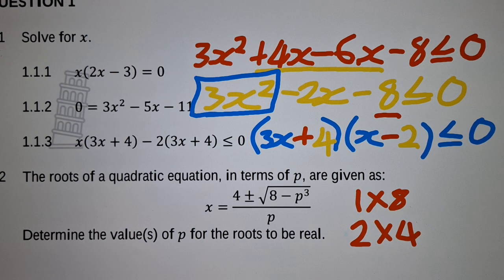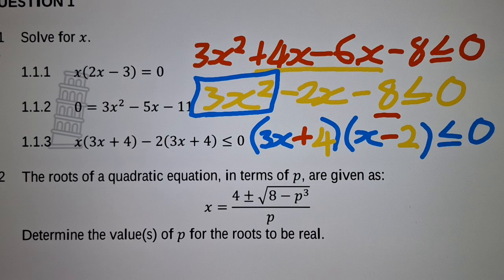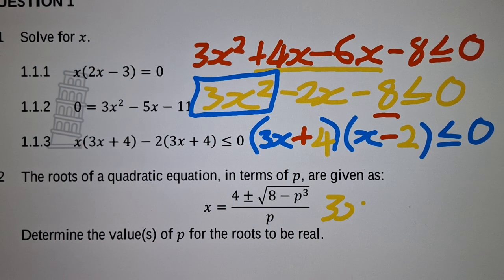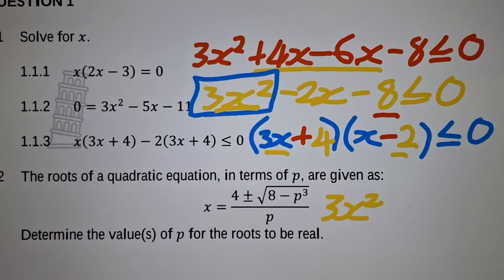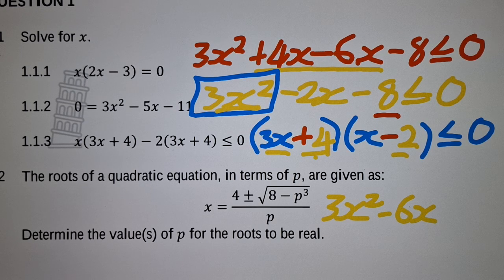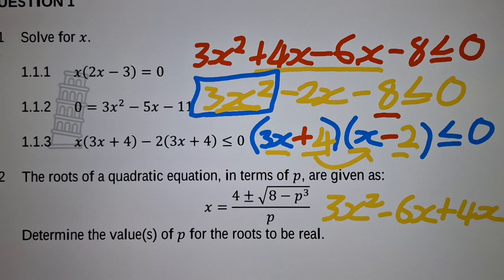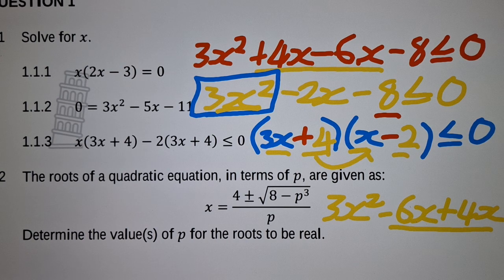Let's multiply the two brackets just to see whether they take us back to the original. We take the 3x and times it by the x on the other side, which gives us 3x squared. Then 3x times negative 2 gives negative 6x. Then we take 4 times x, which is positive 4x. Lastly, 4 times negative 2 is negative 8. Then in the middle terms, negative 6x plus 4x,